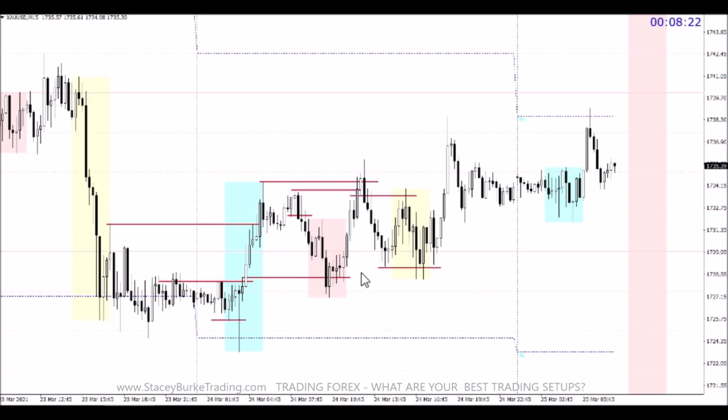Why? Because they locked in a new low. They came and stop hunted down, they locked in a new low, and then they made a new high. They come down and stop hunt inside of that window, and the U.S. window has made a new low of the day. The market then proceeds to come down and hit stops on the new low of the day, which is the higher low at the beginning of the U.S. window. One push, two pushes, three pushes, little inside bar, and the fast 75 pip move back through the high